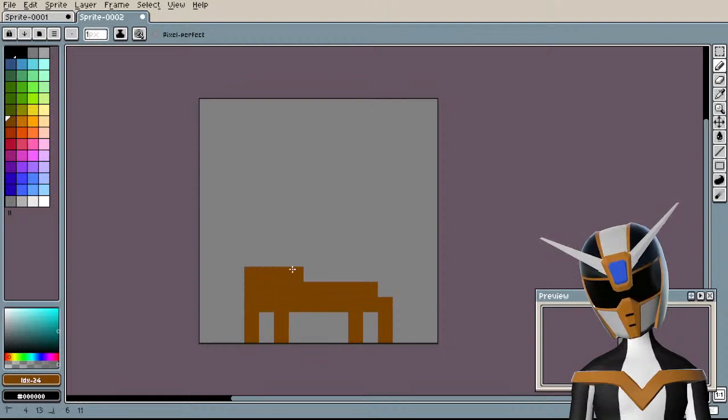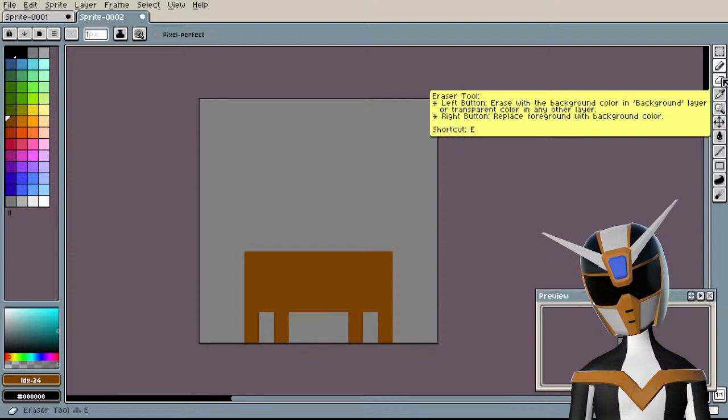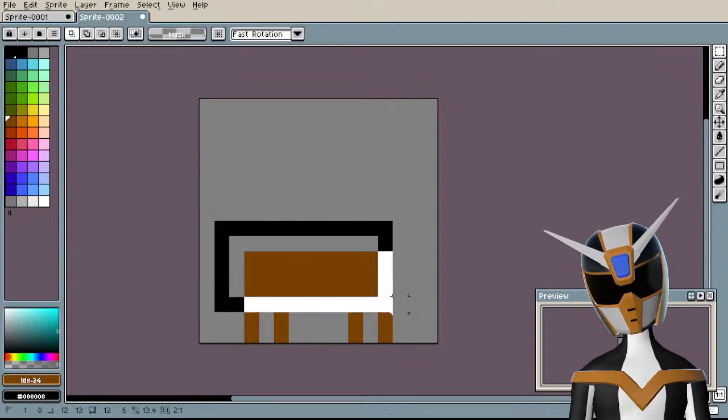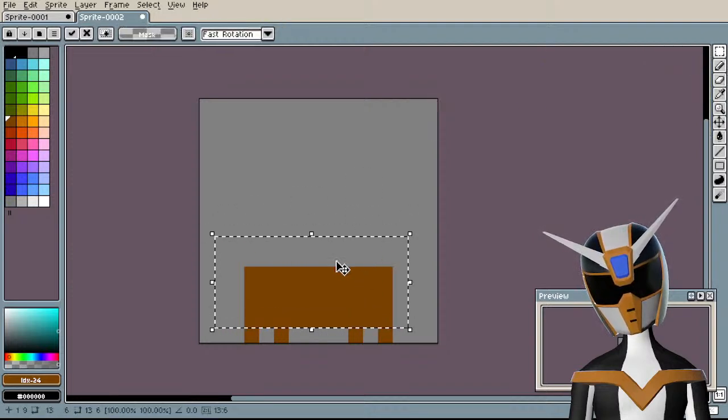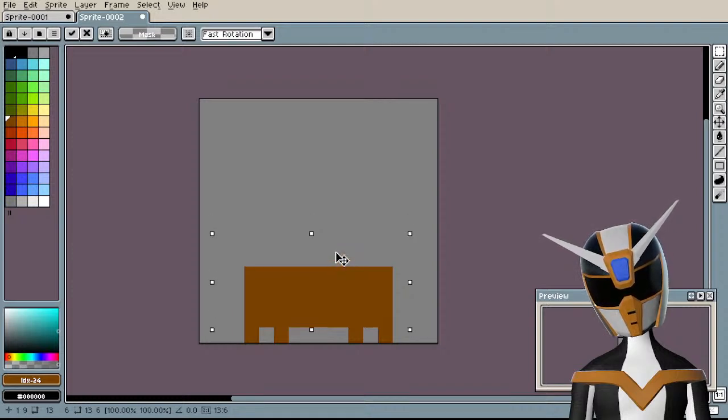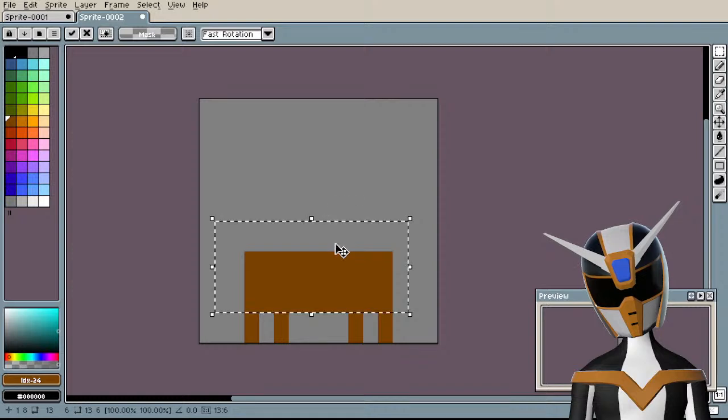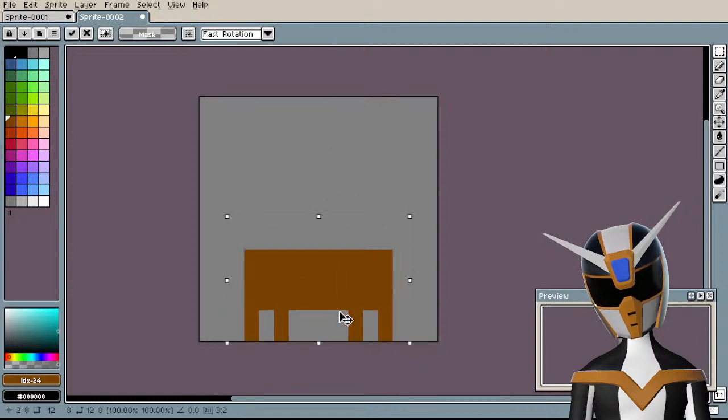Yeah, like this. There. That's more like what I was thinking. This works better for me. Let's give him stubby little legs. Maybe not that stubby. Okay, yeah. Let's keep it there.